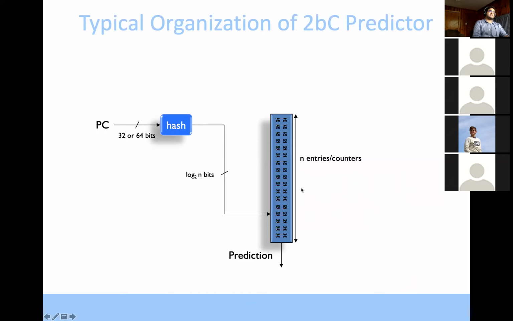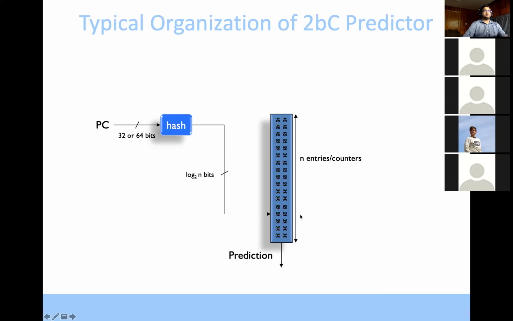Inside this counter structure, you have 2-bit counters that keep track of previous performance for that PC. Now, multiple PCs can hash to the same counter, so there's some noise, but then